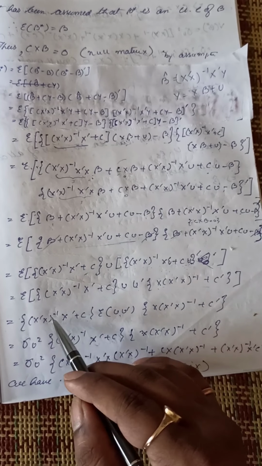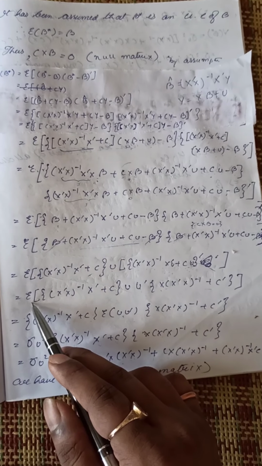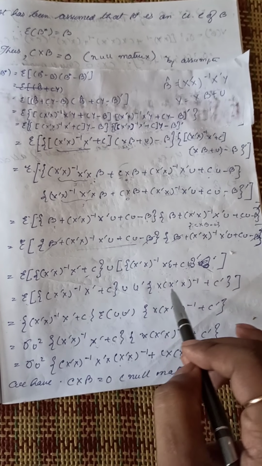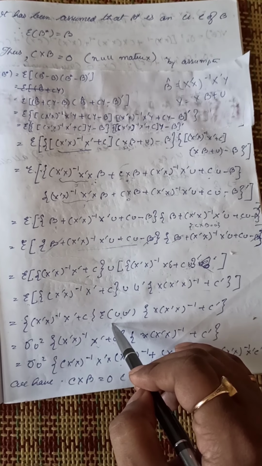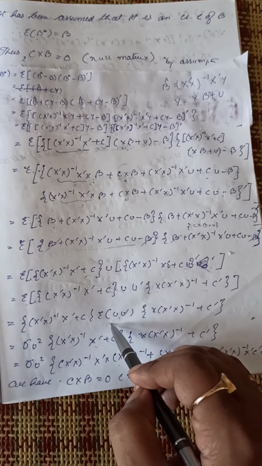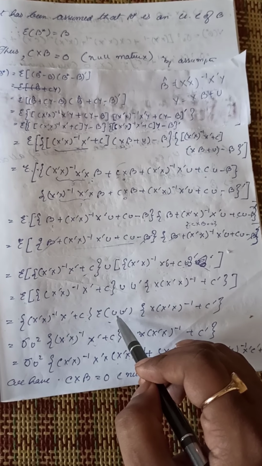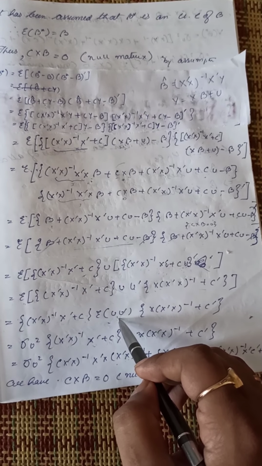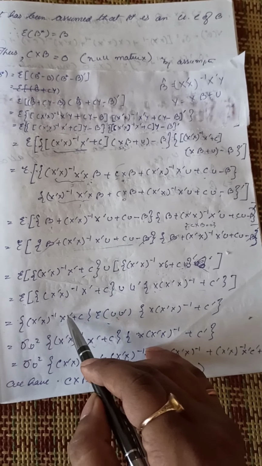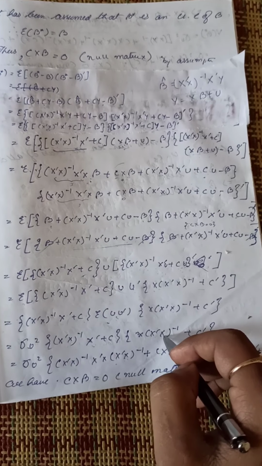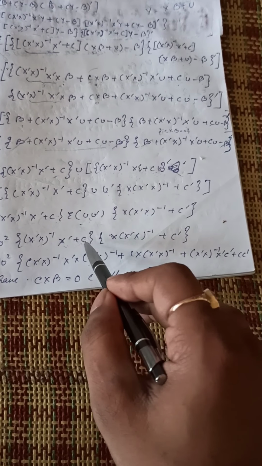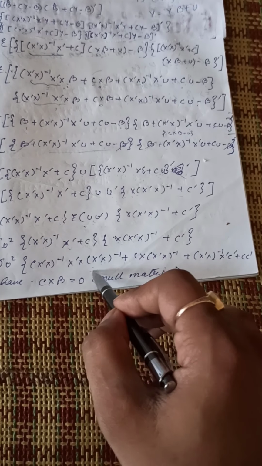Now we had expectation outside the bracket. If we distribute expectation along all the terms, it will be something like this: expectation of u into u transpose, or expectation of u square. Now expectation of u square, as we know, is written as sigma u square, and the rest of the terms have been kept as it is. Then we will multiply these two terms, and the product of these two terms is this term.